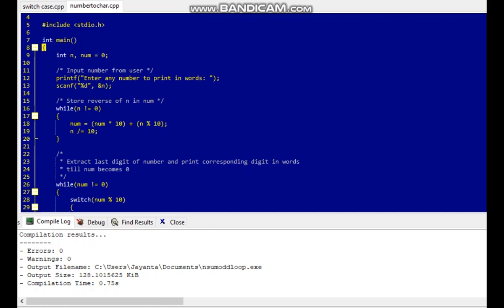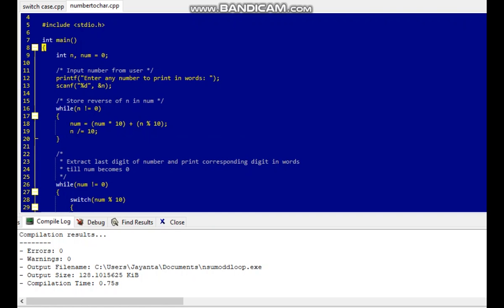Now, first we have to store the reverse of the value of n in the variable num. The logic should be like that: while n not equal to 0, num equal to num multiplication with 10 plus n modulus 10.